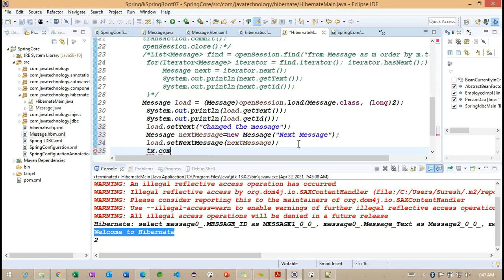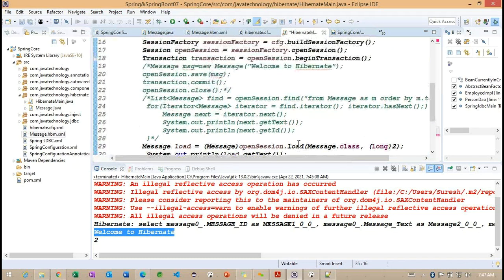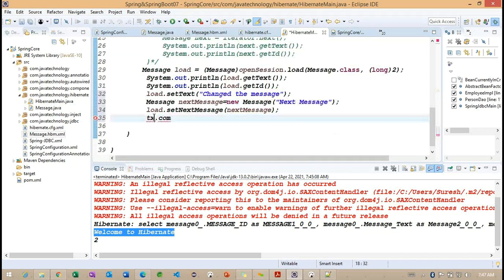commit. Okay, so I commit the transaction also. Getting the point, this is important. With the reference of the same session, we are loading an object, and without calling save, how is the data going to be saved?